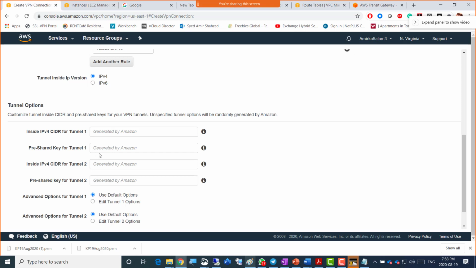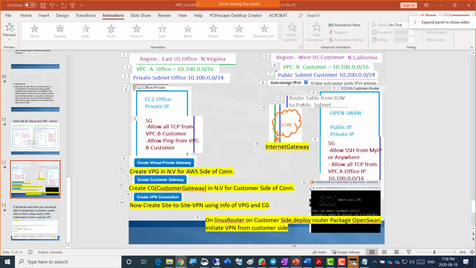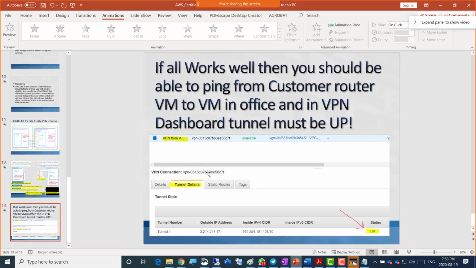So for the CIDR range, if you have given extra ranges there for /30 CIDR in the 169 range, suppose you don't touch it, it's still gonna work for us. Otherwise you can define another IP range for the tunnel as well, because the router is there, but we don't have to define that. Even if you see 169 there, remember that I showed you one diagram here,